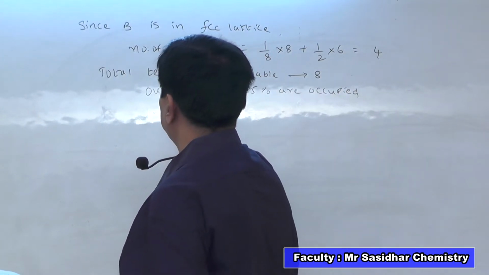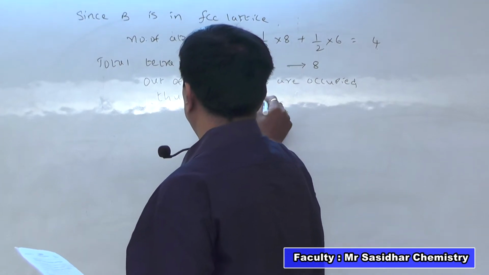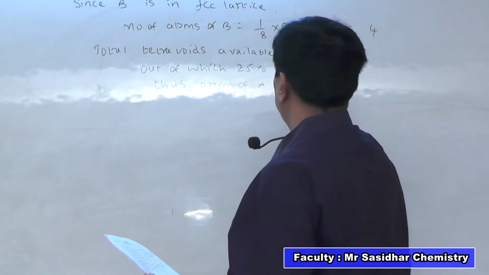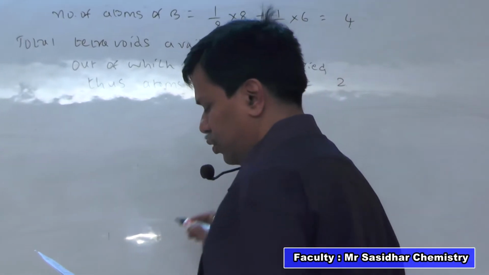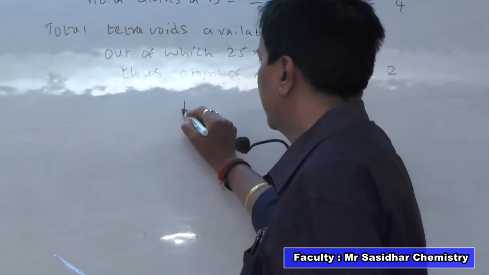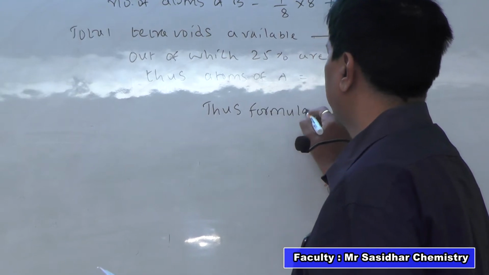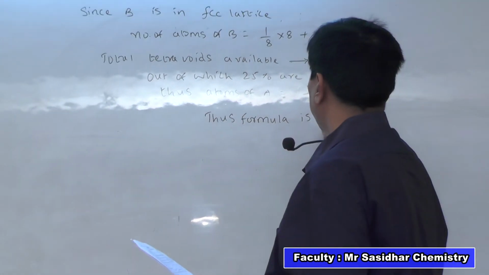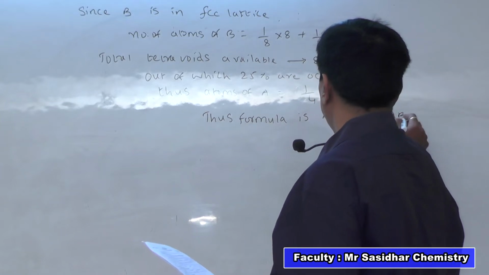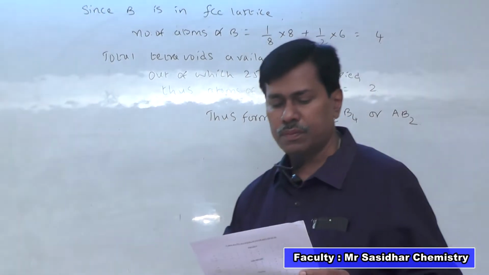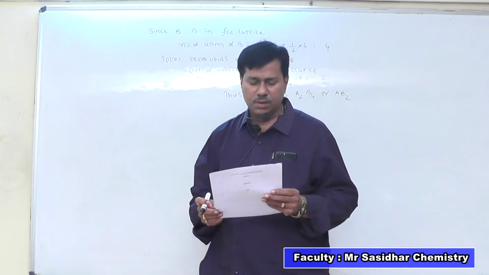Thus, atoms of A will be 1 by 4 into 8, that is 2. Thus, formula is A2B4 or AB2. Going to question number 33,